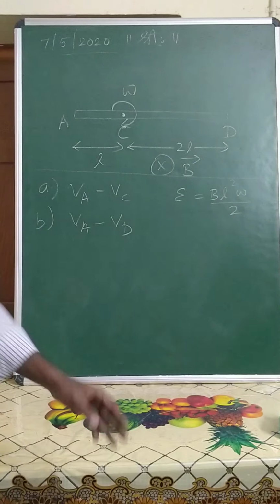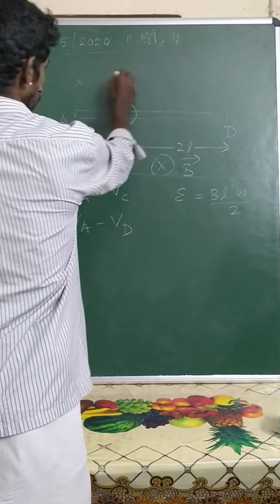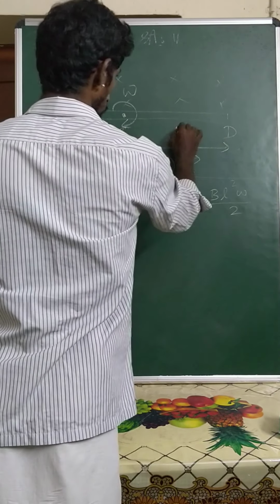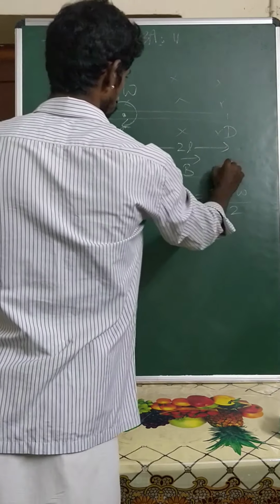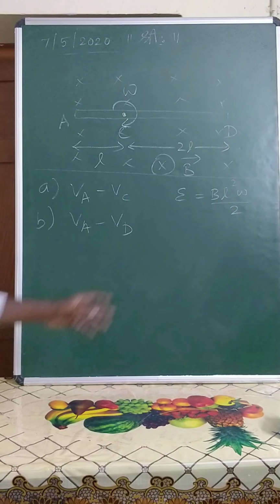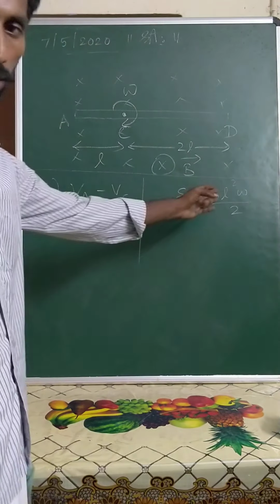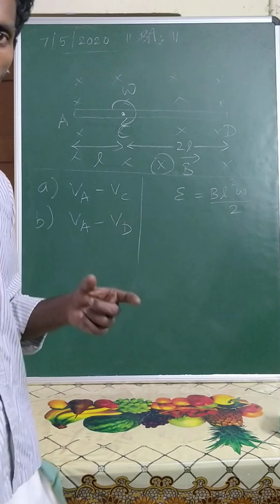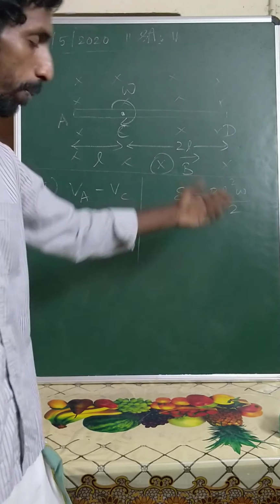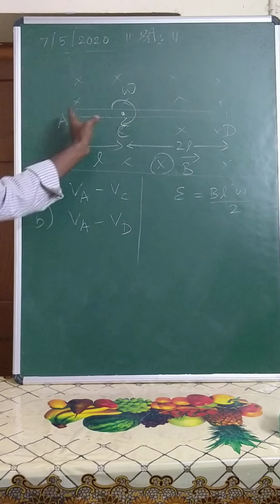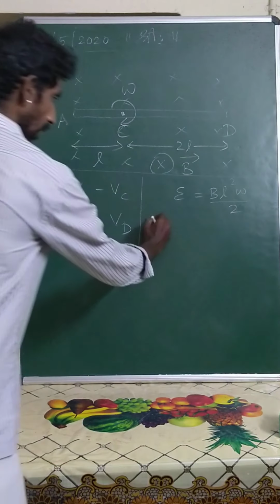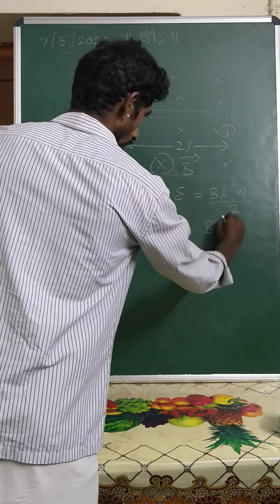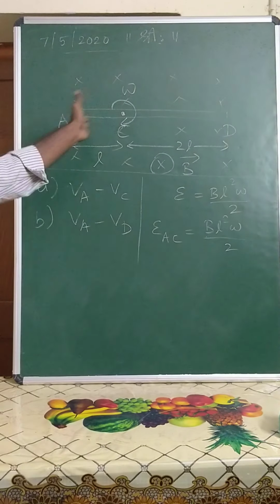We know that if the rod rotates in a uniform magnetic field like this, the rod gets rotated in this uniform magnetic field. We know the motional EMF induced; we have studied the rim problem, where the spokes of the rim rotate in a uniform magnetic field. The EMF induced will be BL square omega divided by 2. Here between A and C the length will be L, so VA minus VC can be written as BL square omega by 2, because the length is L.